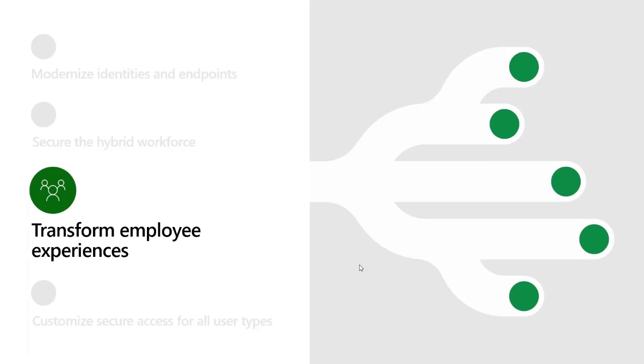Last time we were talking, as we mentioned before, you can see the two bullets on the top here, the modernizing identities and endpoints and securing a hybrid workforce. And that's really something that you kind of view from the central location, looking out at a hybrid workforce. Given what we're doing with the pandemic, some customers' offices are kind of half open, certain locations are open. They may be doing some travel, maybe some restricting travel. There's no one size fits all.